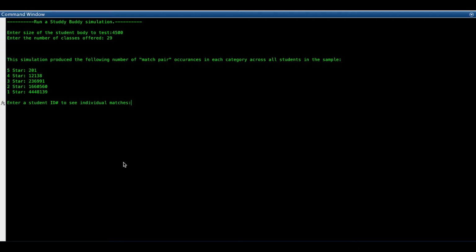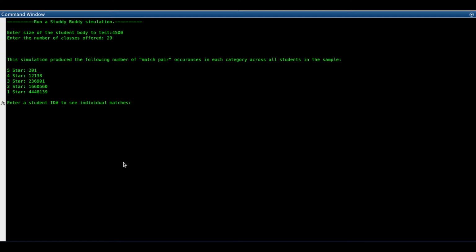So in the general section, where next to the line where it says 5-star and it says 201, that means that there are 201 pairs of students in this simulation that share the exact same class schedule. A 4-star would be the number of pairs of students that have exactly 4 out of 5 classes in common, and so on.